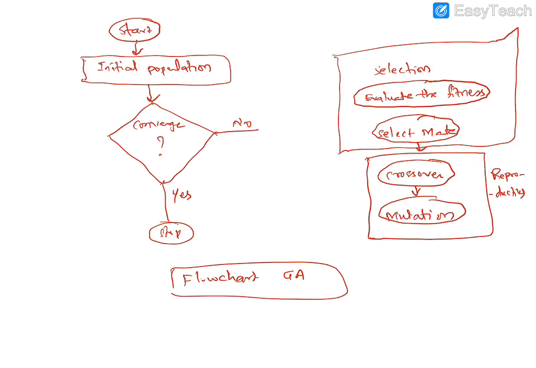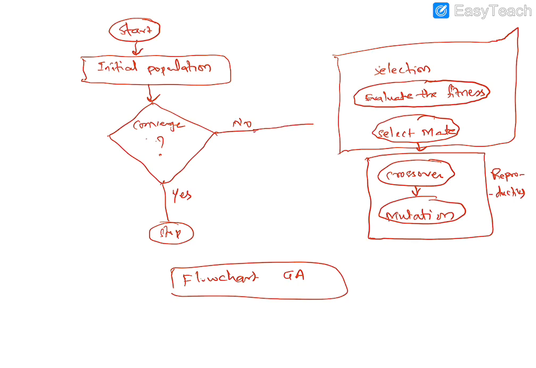If you look carefully at what you are going to do, every flow chart will start with some point, that is treated as start. Then after starting, you have to initialize the population. Whatever training set data we are going to consider for this algorithm is considered in the next step. Then converge. What is converge here? Converge in the sense of terminating condition. Whenever it reaches some extent, or whenever we want to stop the execution of the algorithm, that point we consider as converge. If it is converge, then we are going to stop the process.